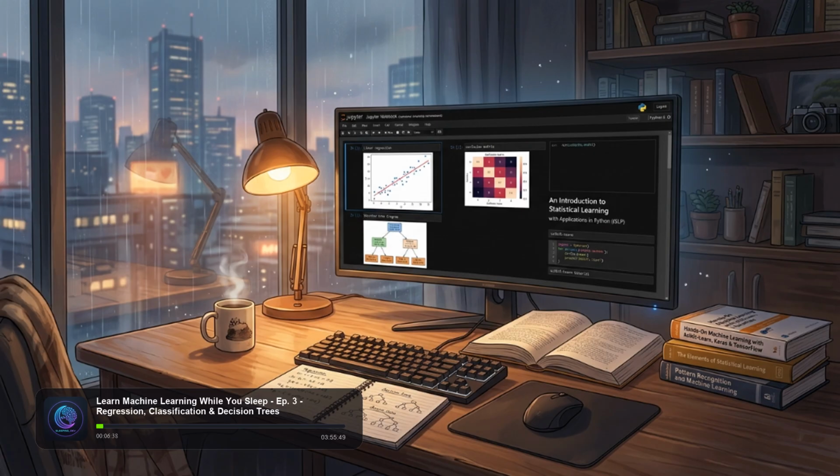Geometrically, the vector of residuals, the difference between the target vector and the prediction vector, is orthogonal to the entire feature subspace. This orthogonality condition is the fundamental reason why OLS projection minimizes Euclidean distance and, consequently, mean squared